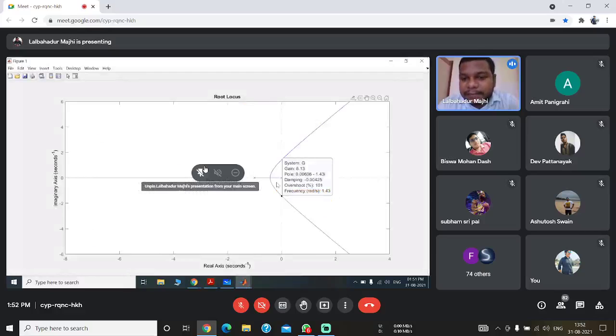So you can see the value of pole, root 2 at this point is root 2 and at another point